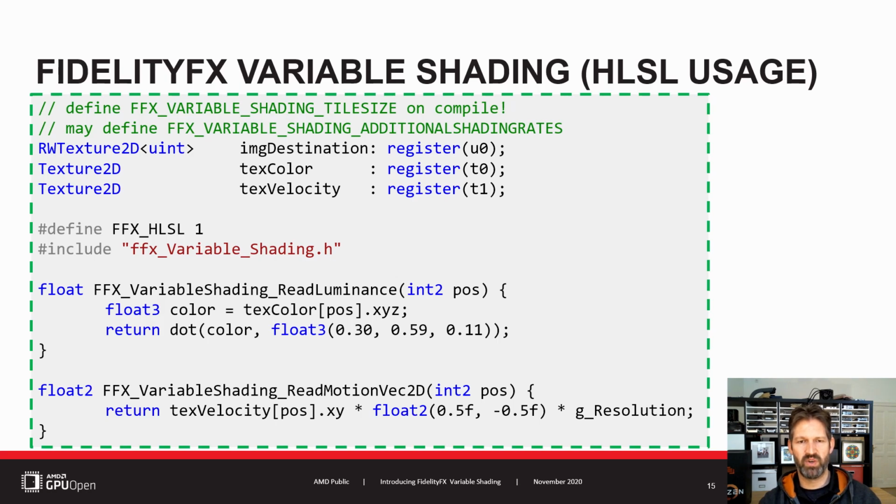The first one reads the color map and computes the luminance. In some cases, additional computations like linearizing the color values or modifying the luminance with values for specular intensity or depth may yield better results. The other function reads the motion vectors and converts them into texel space. If you don't want to use motion vectors, just return 0 in this function.